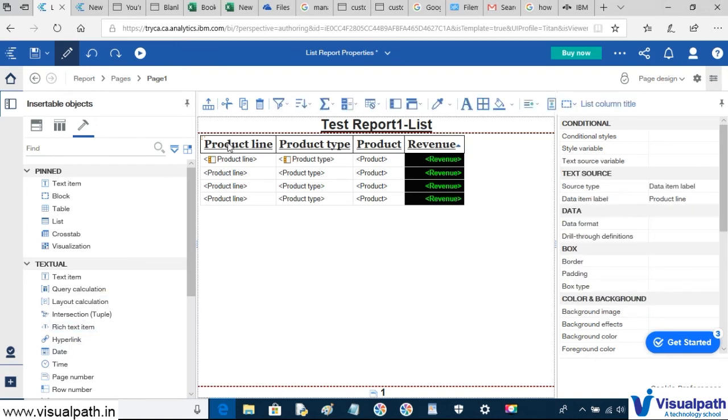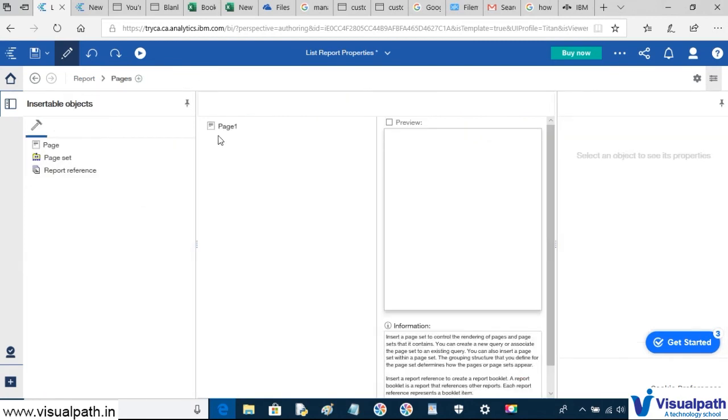In Cognos Analytics, this has become a little bit more complicated. It is not a direct approach, we need to do some tuning. So click on the product line, then click on the report, then click on pages, and go to this page. Here you can see that we have an option called page set.